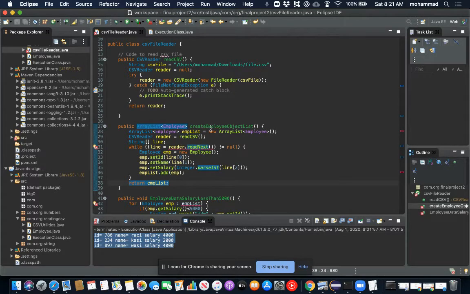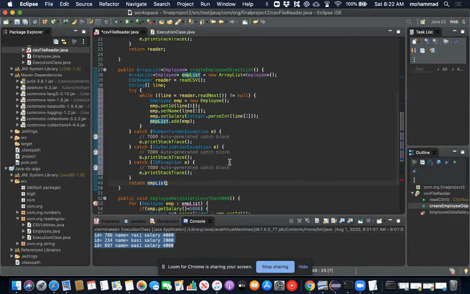Done. This part is done. What we have done so far, we created an array list and we read the data, created an employee object, kept each row, one employee's data, in one object, then that object is added to the employee list, and then the employee list is returned when this function is called. Now to fix this error, since it is a reader, it needs to be surrounded with try and catch, and done. So this function is done.